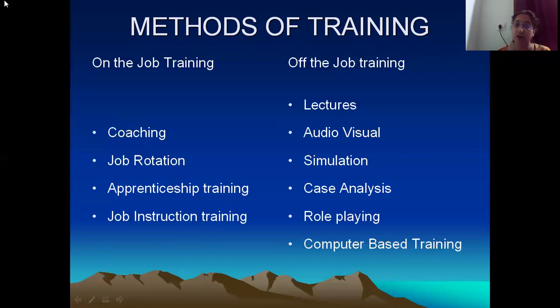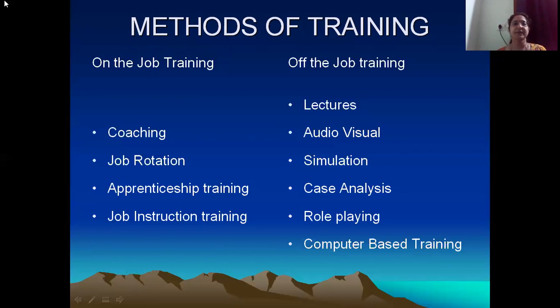But since there are lots of elements related to on the job training, apprenticeship training can also be categorized as on the job training. So they literally learn by observing what their seniors are doing. They literally learn by actually helping out and doing some of the work as such. And apart from all this, they are also sent to coaching classes, lecturing classes, which are held away from the location of work. I'll give you one example here.